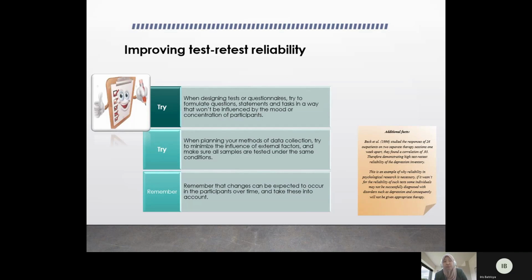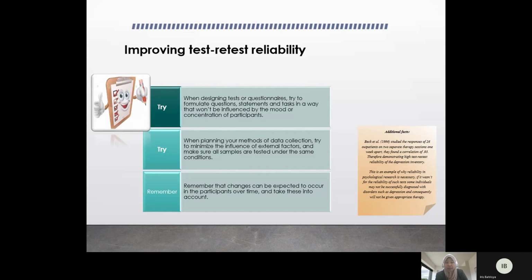Here are a few tips on improving test retest. Try to formulate question that won't be influenced by the mood or concentration of the participant. Contoh kat sini kalau kita nak bagi contoh soalan, mungkin boleh buat macam ni. Adakah ibu anda seorang yang bertimbang rasa? Jadi soalan tu bila mana sampel ni dia baru je pagi tadi kena marah dengan ibu dia, dia mungkin akan memberi jawapan mengikut emosi. Tetapi mungkin kita boleh try untuk buat soalan macam ni. Perwatakan seorang ibu sepatutnya bertimbang rasa. Daripada skala 1 hingga 5 senyatakan.